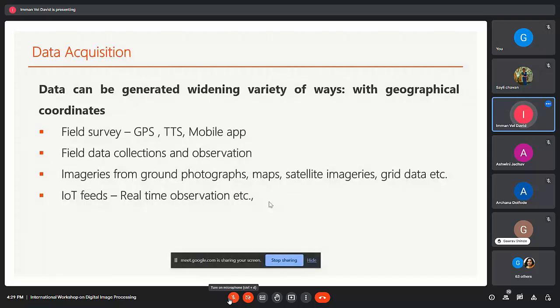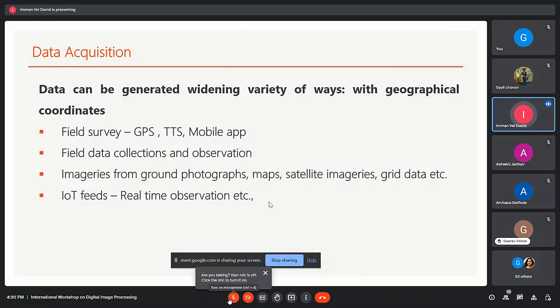And afterward, data are gathered from ground-based photographs, maps, satellite imagery, grid data, etc. In the last portion, you can see IoT feeds. IoT feed is nothing but the Internet of Things, which can collect real-time data from anything.